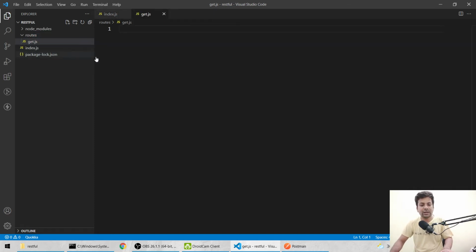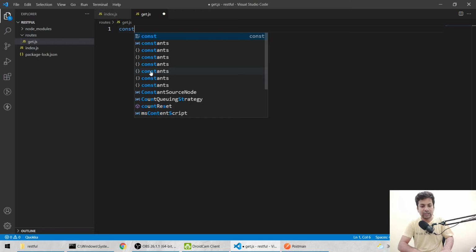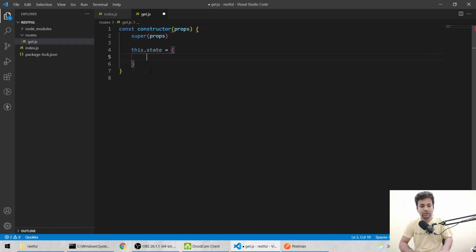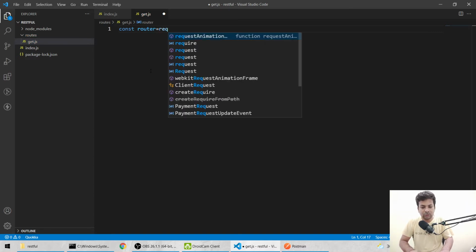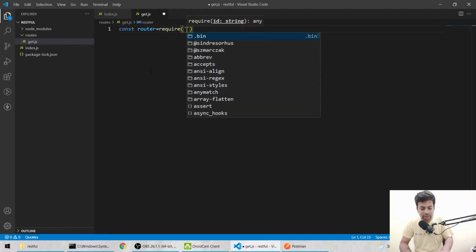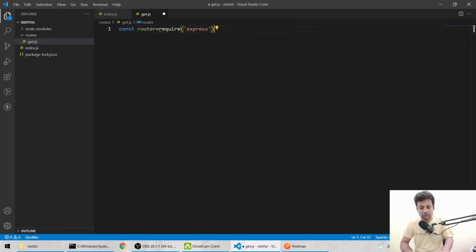Hit enter. Now here I'll say const router equals require express dot Router.